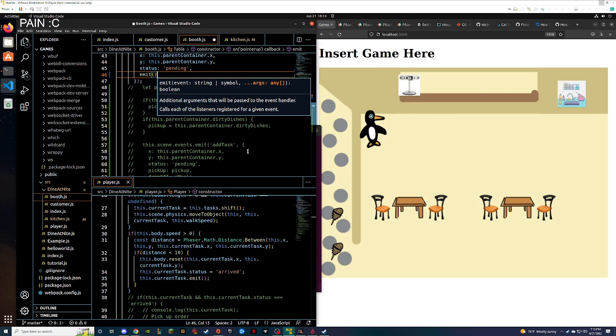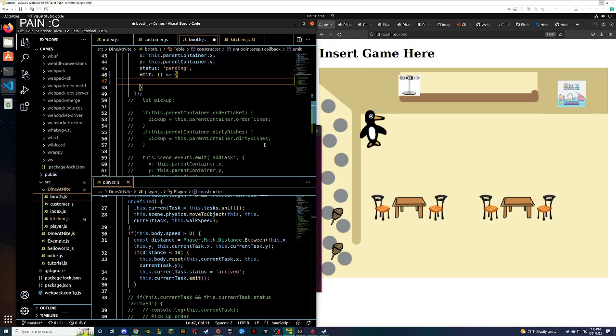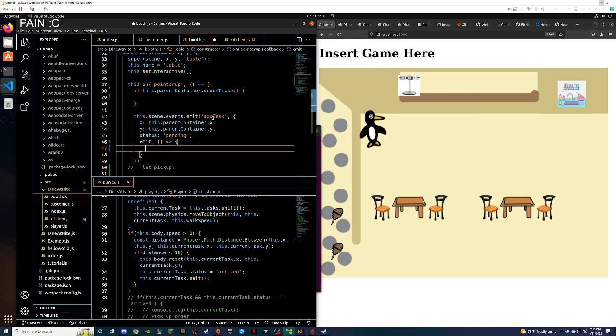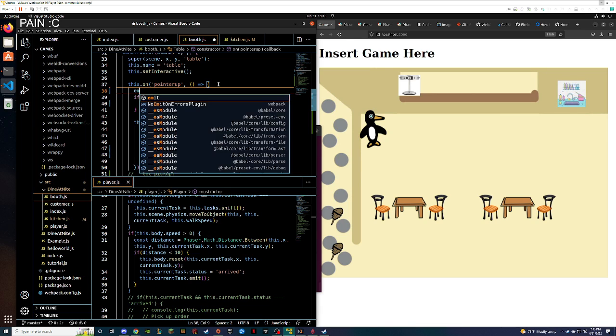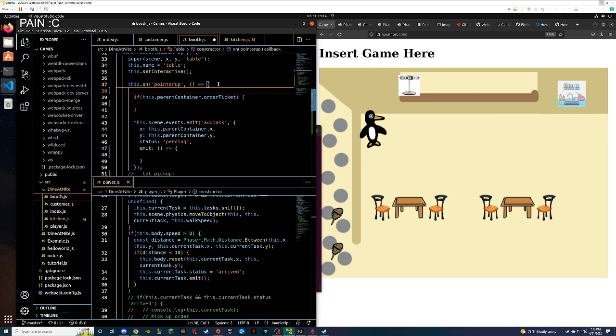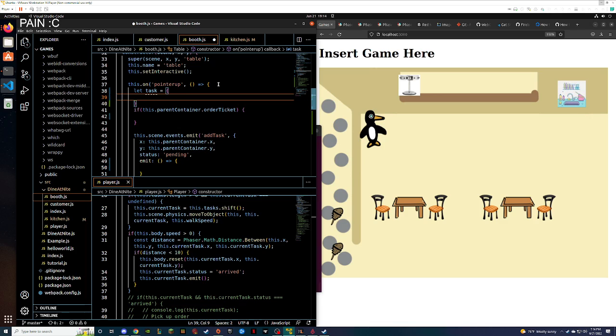Okay, and then maybe what we do is we have, how do I want to do this? Yeah, let task equal, because everything's gonna stay the same except for the emit function.